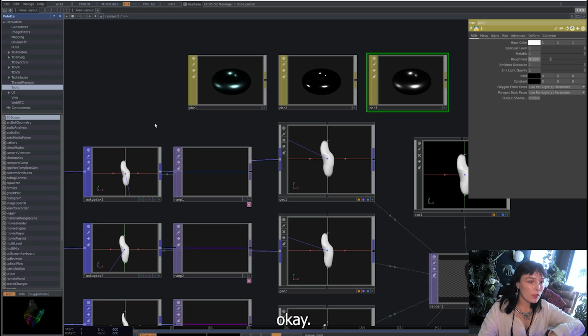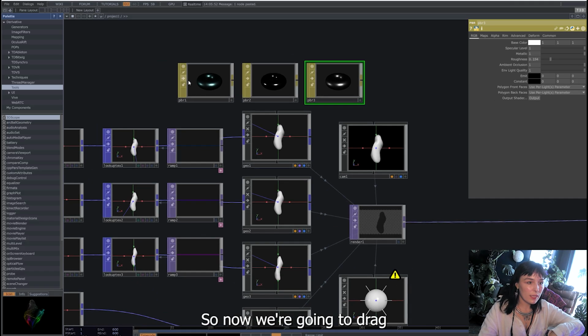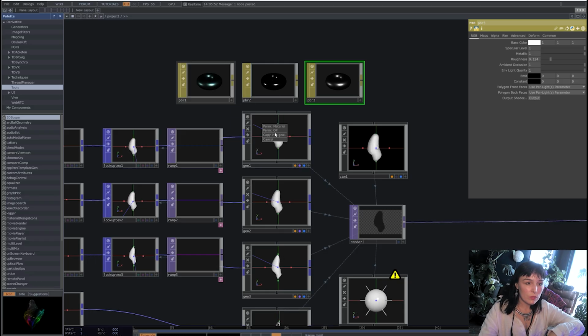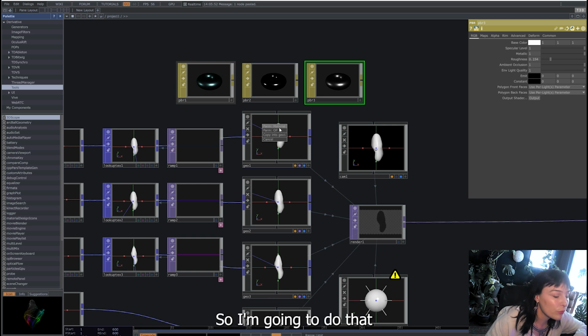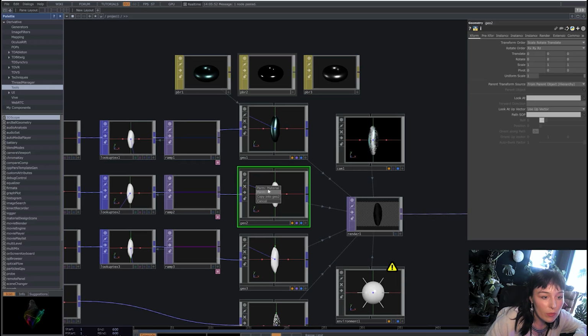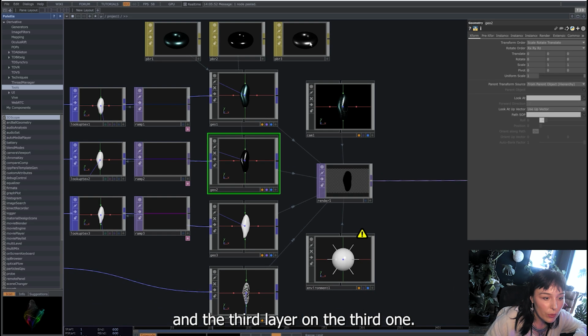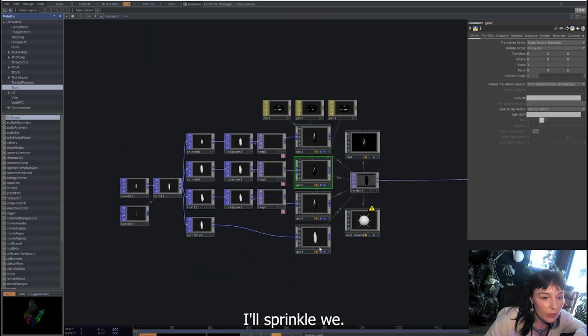Okay, so now we're going to drag the first PBR onto our first geo. When we drag it, it'll give us the option to click Material. So we're going to do that. Second PBR will go on our second one, and the third will go on the third one, and then our sprinkle,